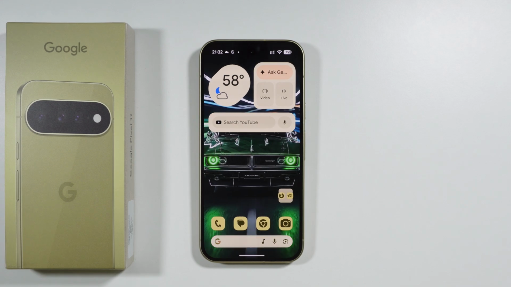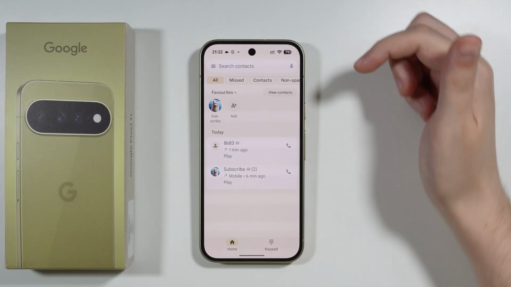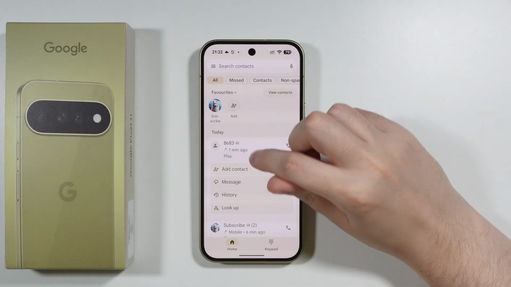If you want to create a contact on Google Pixel 11, you can open the phone app. And first, let's start with recent calls. So if someone called you recently, or you called someone, and now you want to add that phone number to the contacts list, then you can tap on the entry over here, and you should be able to find Add